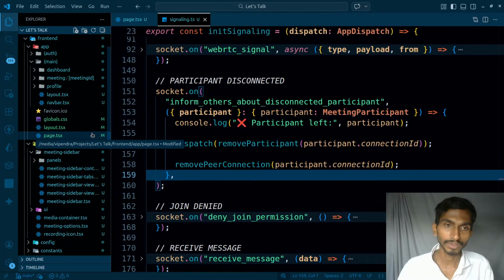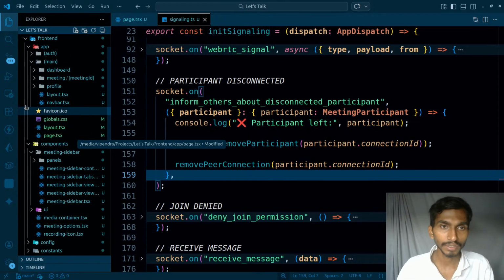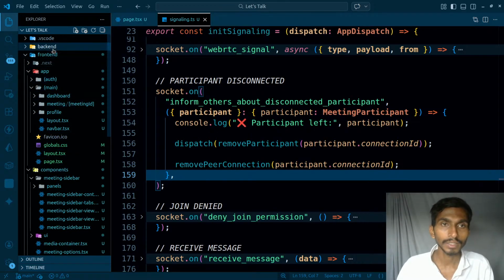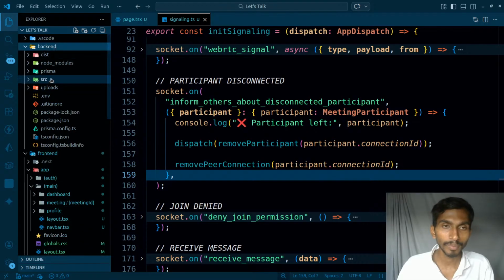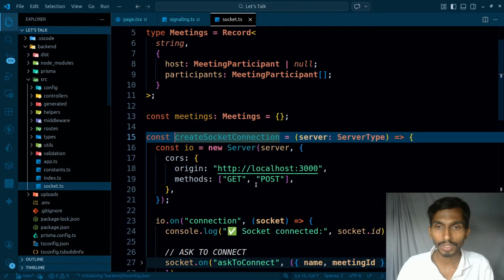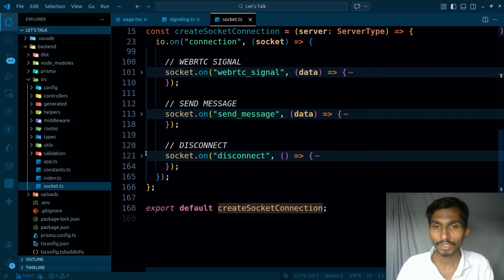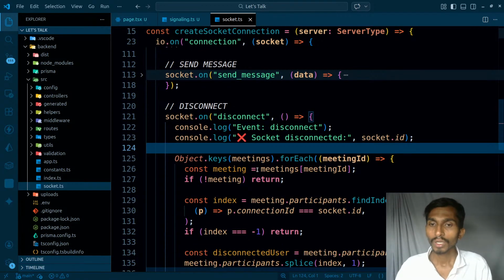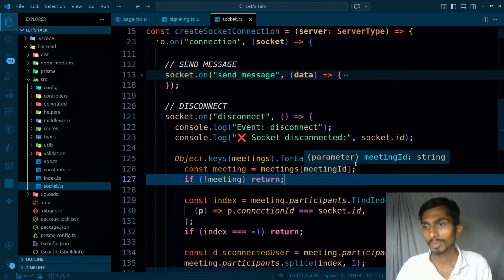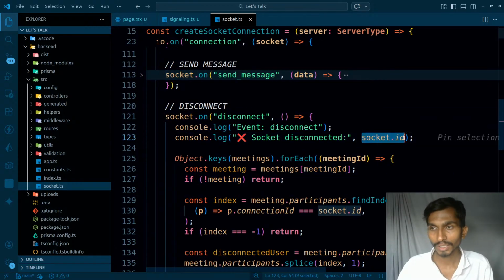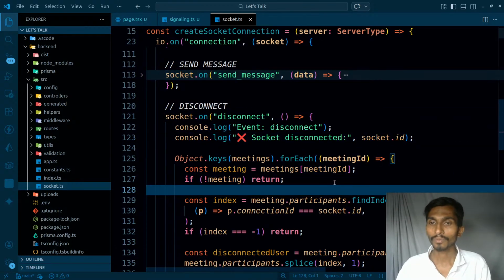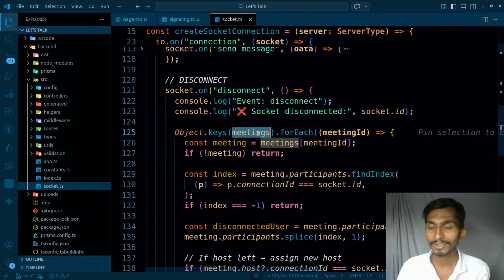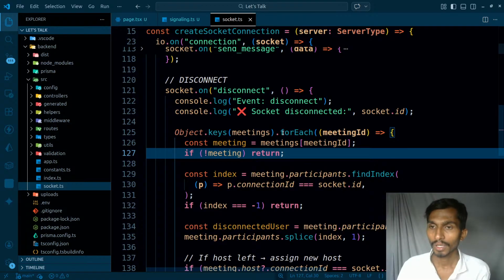Suppose you reloaded the page, then what will happen, your socket connection will get disconnected, and at that time a request will go to the backend, that means inside source socket.ts, this disconnection event runs. And at that time, what you are going to be doing when this runs, first of all you will be checking the ID, you already get the ID, socket.id, so using this you will be checking whether the user actually exists. Okay, so this connection happened, object key is meetings, you are getting all the meetings, and for each,